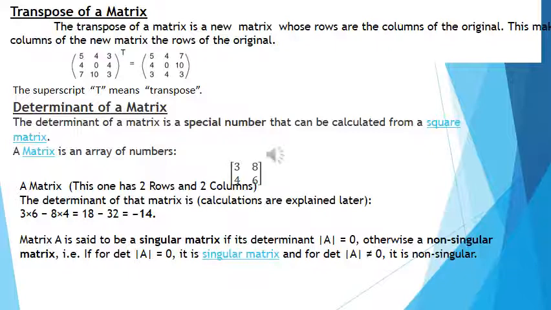This is a very important thing. Why are we finding out the singular matrix? We will be using it later. Only if it is a non-singular matrix, we can find out A inverse. Otherwise, we cannot find out A inverse. That's the main thing. Where you are going to use this rule of singular matrix, we can see later.